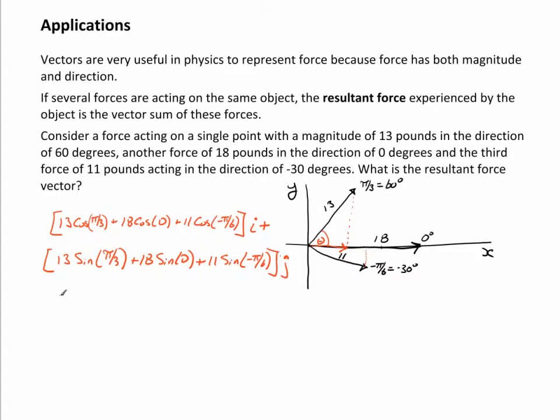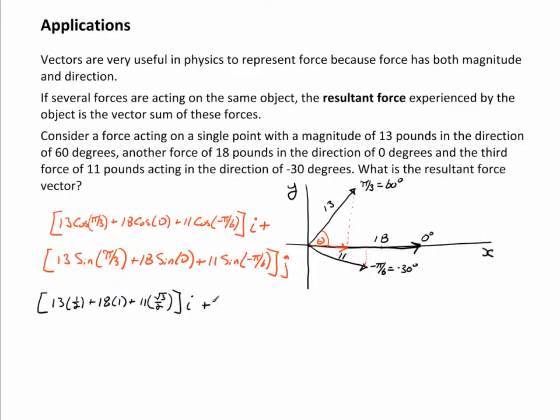So when I work this out, I am going to have 13 times cosine of pi over 3, which is a half, plus 18 times cosine of 0, which is 1, plus 11 times cosine of pi over 6. Pi over 6 is root 3 over 2. It's negative pi over 6, but cosine is still positive in that quadrant. So this is going to be root 3 over 2. That's going to be in the i component,